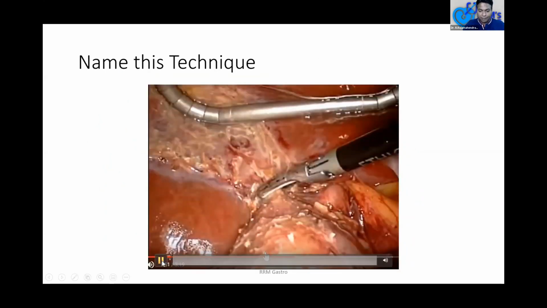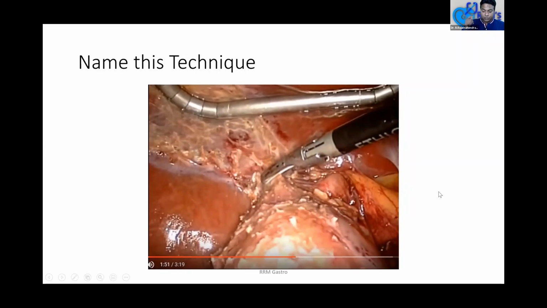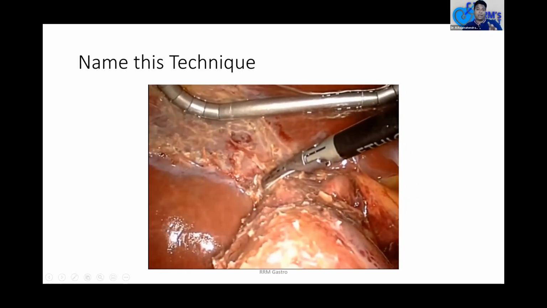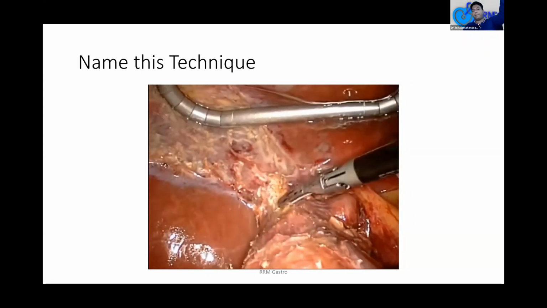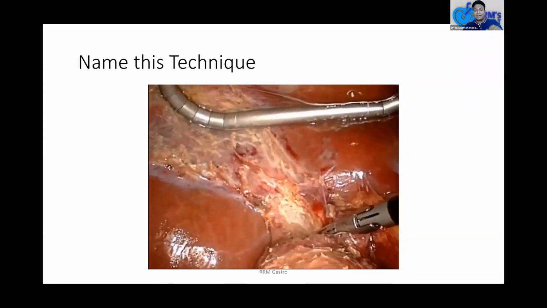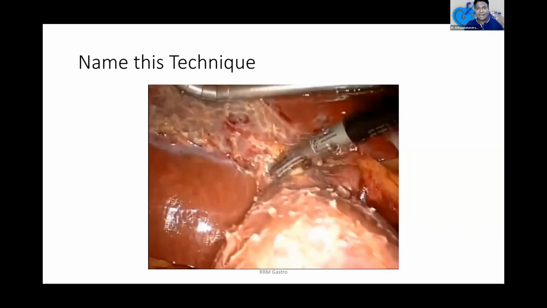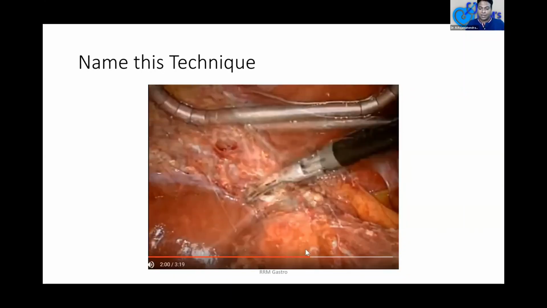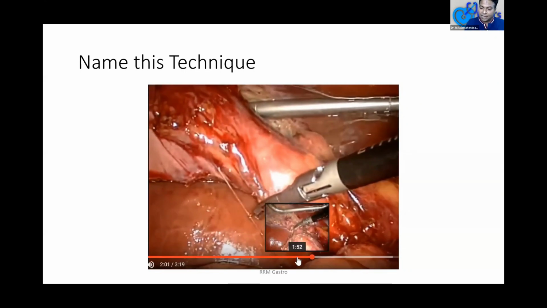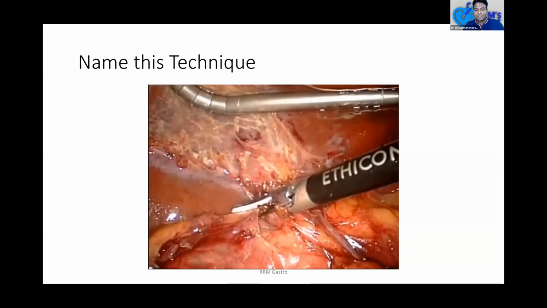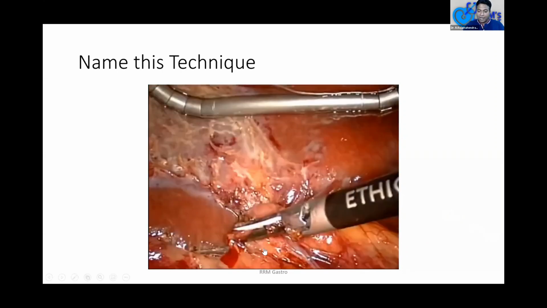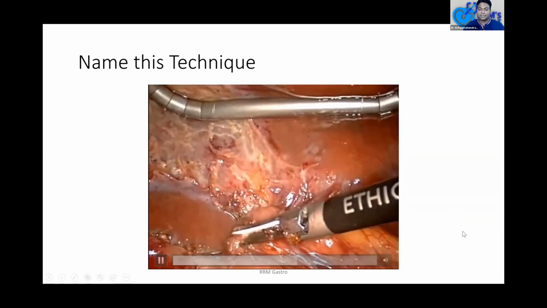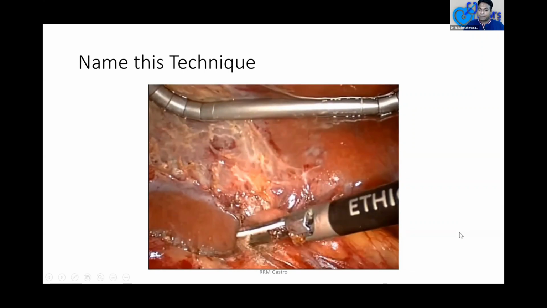Okay, so you can see here I am doing a fundus first technique. In this technique, you can see it is very difficult. It is actually easy to go with the retrograde technique because we can push the liver up. In the antegrade technique, it is a little difficult. We have to use some retractors to hold the liver and see the anatomy. You can see this Calot's triangle is not clear. So what we are doing here is coming from above downwards. This is the fundus first technique. Last, we come to the Calot's triangle and cystic duct.